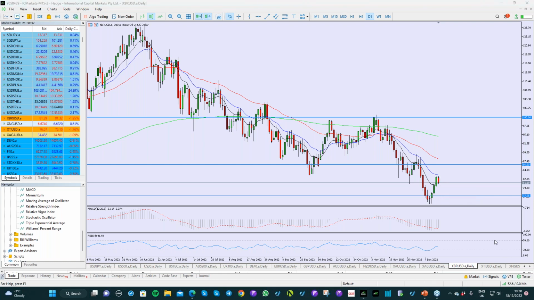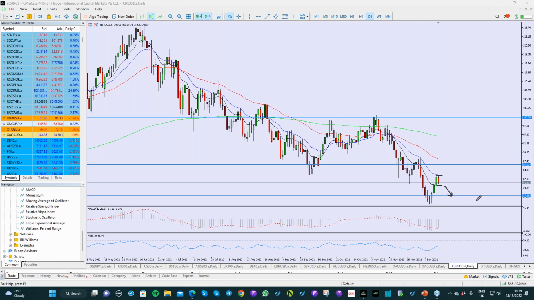If I were to, as an example, place an order beneath this bearish candle here with a stop loss at the high, if price moves down to this horizontal level here, that's a one-to-one reward to risk. So my options would be either to close the trade at 1-to-1 and take my one times profit,